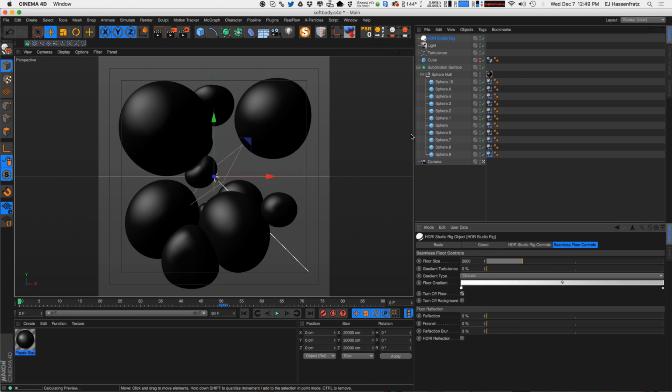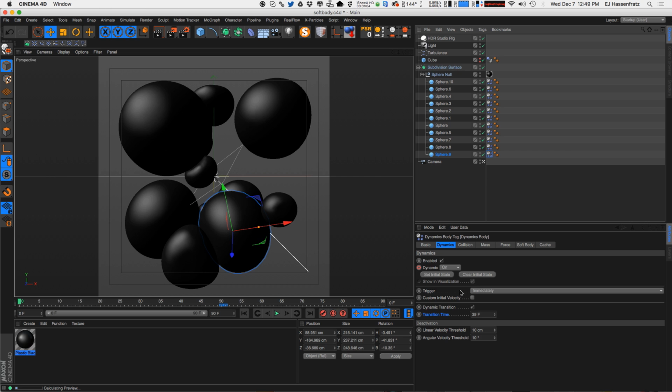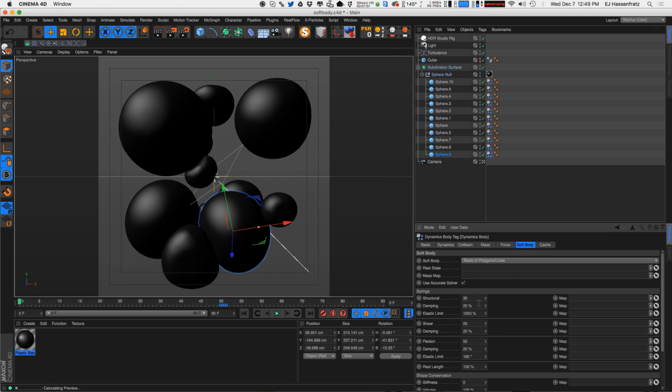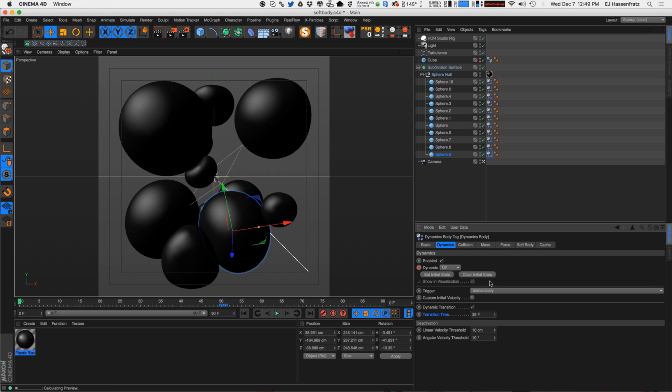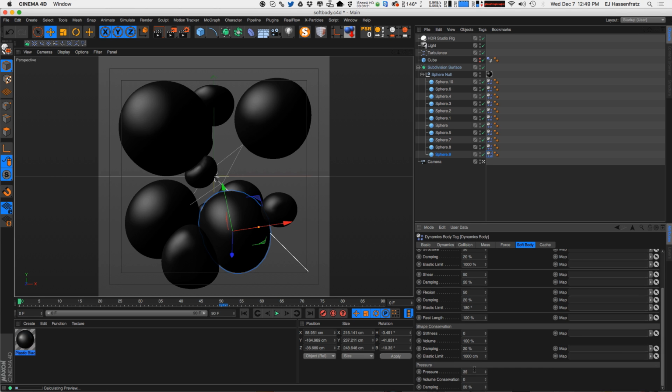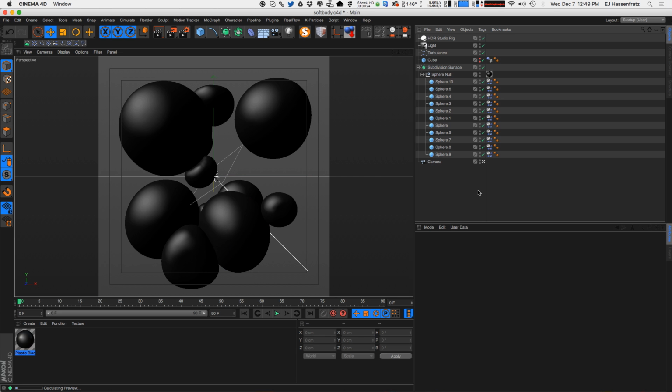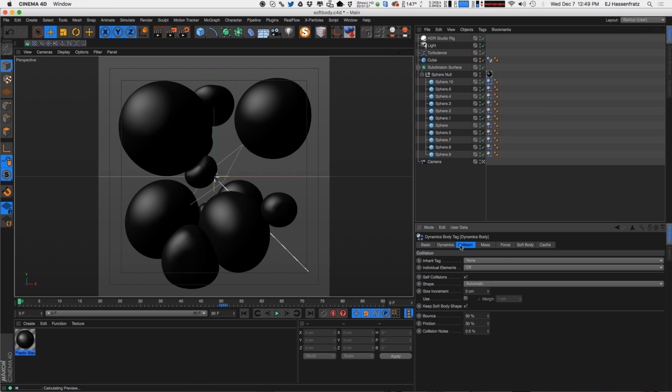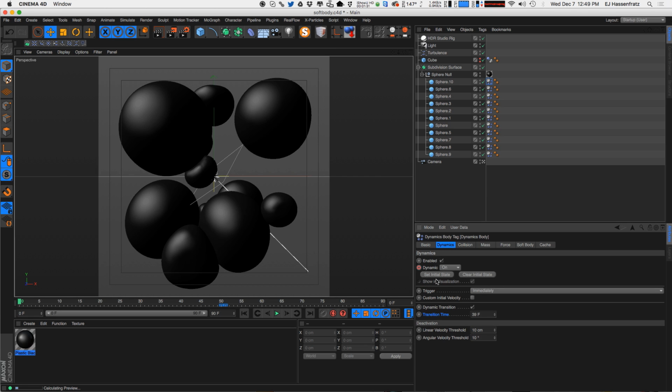So what did we do? We made some spheres that we applied some soft body dynamics to. We went through all the soft body dynamics settings here to get this nice little blobby type of setup. We also discussed what set initial state does, especially when using soft bodies and the pressure field to inflate our spheres, and then also how to loop dynamics using set initial state, and then the dynamic transition and the transition time. All right, so we covered a bunch here. We covered how to do soft body dynamics, a few of the settings in there. We even learned how to loop the dang thing